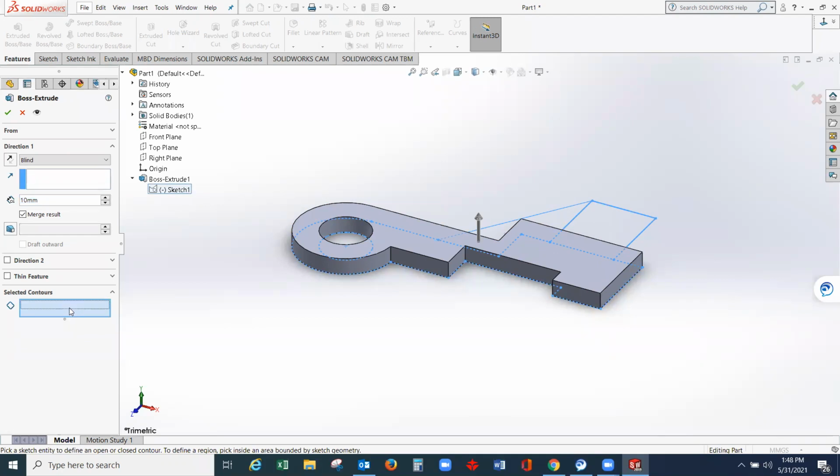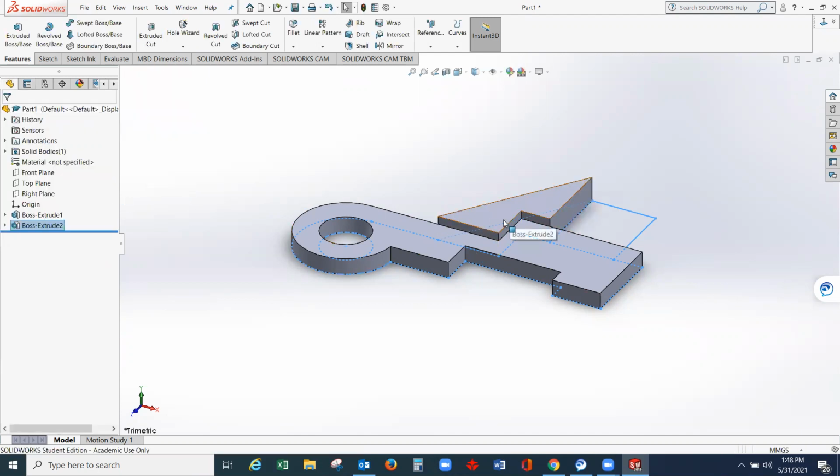Select this window or box. Then select the portion you want to extrude. So for example, this triangle here, you can extrude at a different height, for example. So let's say 15. Press enter, then select this green check mark. So this portion here of the region is different from the other one.